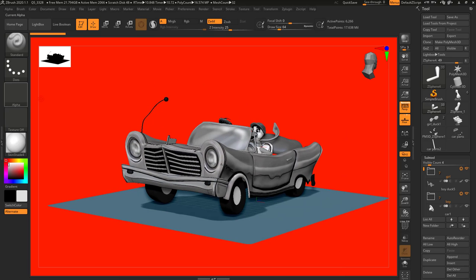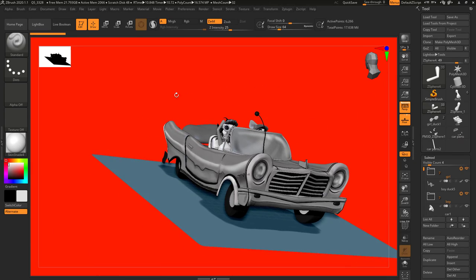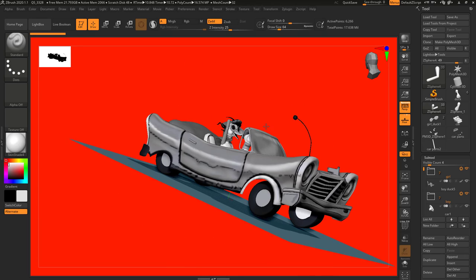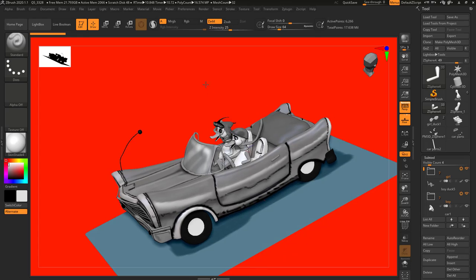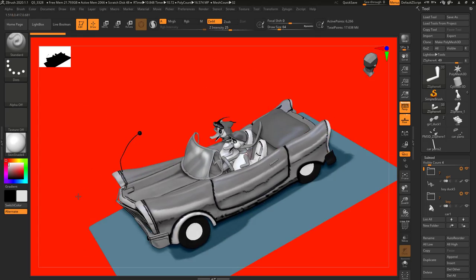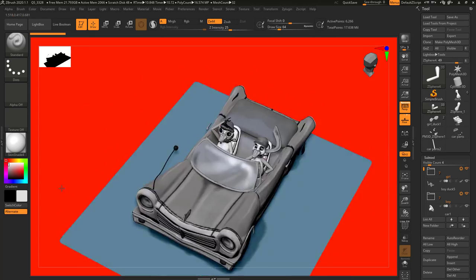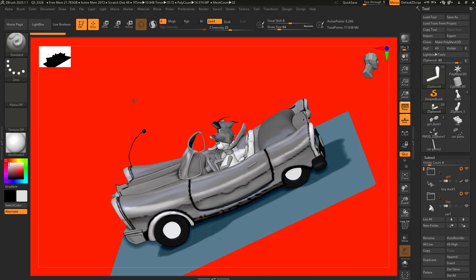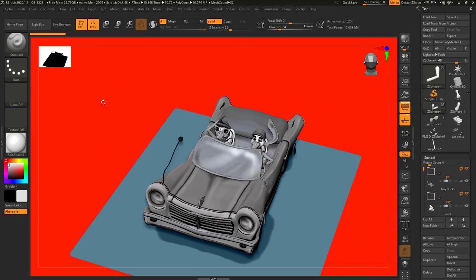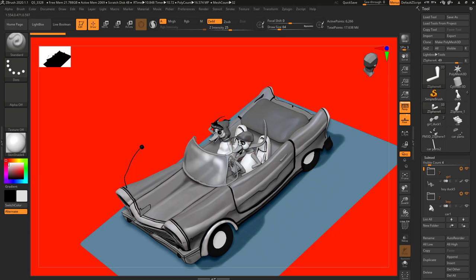All right, so the other thing you probably want to start out with is just being able to navigate inside of our scene. In the scene, you can see how we rotate and orbit around our model here. I'm doing this just by left-clicking the mouse and dragging in the negative space, all this area that's red. So if I click and drag here, you can see it orbits the mesh. But if I go directly on top of it, I start applying some sort of brush stroke to it. So if you want to orbit around this, you're going to want to grab from the negative space, not directly on your mesh, because then you'll start defining how your mesh